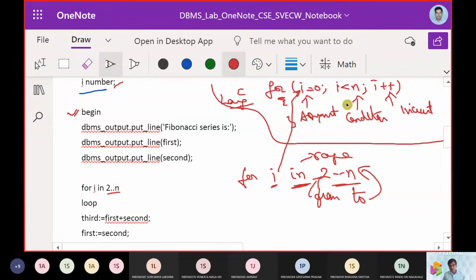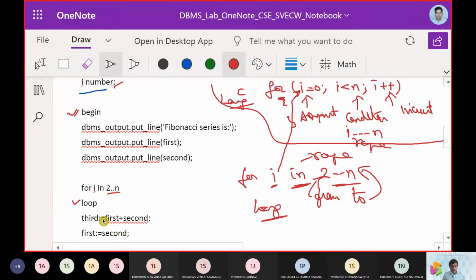While i less than n, it is between i and n. That is nothing but the range. The same range we are going to fix up here, 2 to n. Then you made open braces and close braces and you gave an increment. But in this aspect, we are going to use the loop.